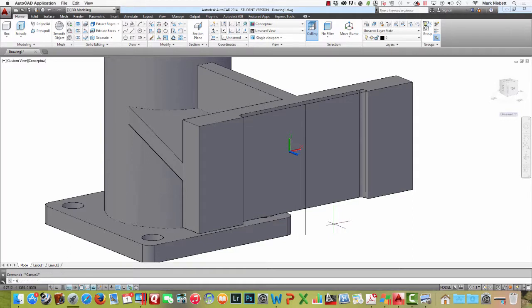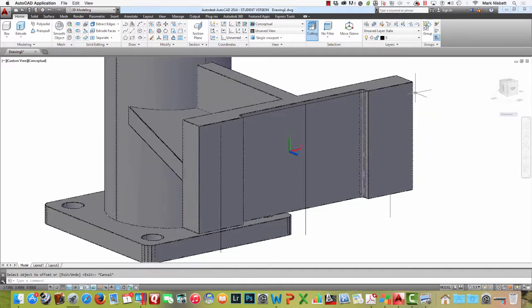And then we'll use offset of 1.44 to that side and to that side over there. Then the holes are down 0.375 from the top, so we'll use offset again, 0.375. So we'll pick that one,